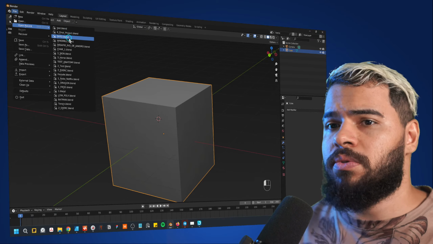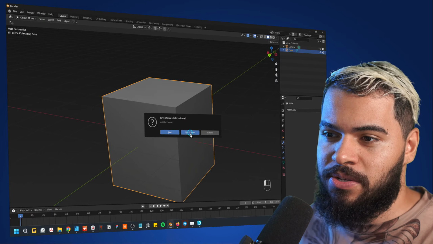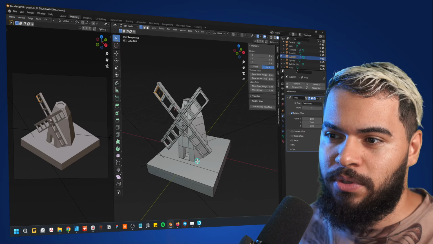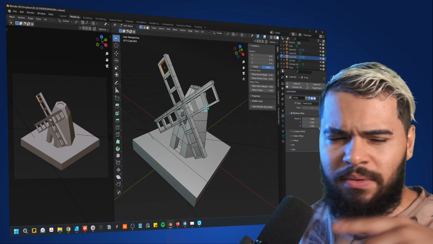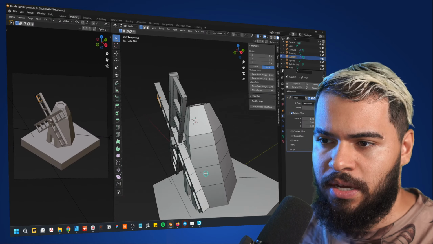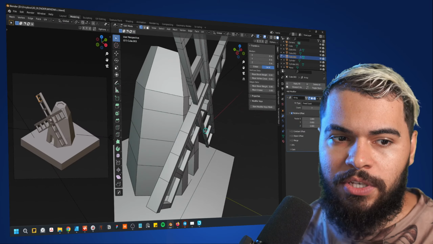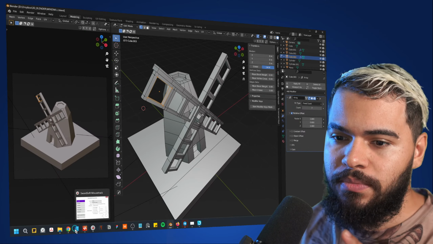But just to give you the context about a project like this one, I don't know if you guys remember, but I was trying to make this project here from the Vectorize lesson that I made a long time ago in isometric. All right, basically this is, I'd say, the windmill. Who here remembers? I was recreating the 2D art into 3D.